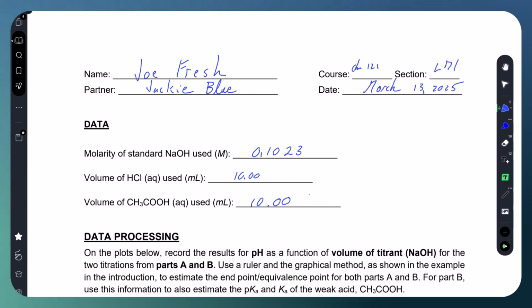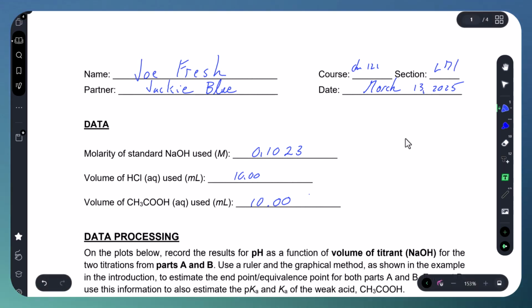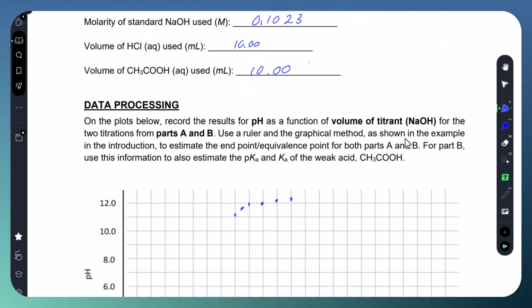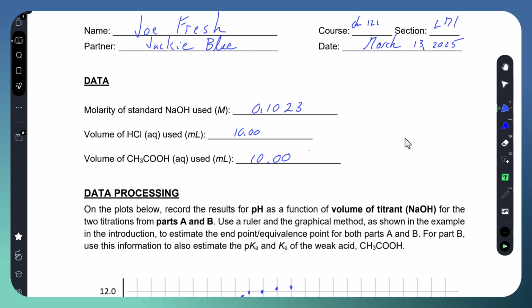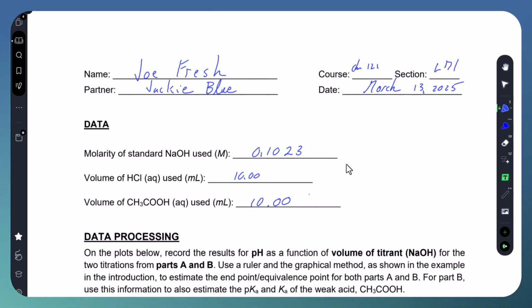Hello friends, in this video I'd like to talk you through how to determine or make an estimation of the experimental endpoint and therefore the corresponding theoretical equivalence point for two different titrations done by monitoring the pH versus volume of titrant. So I'll assume that you have already recorded your data, the concentration of your standard NaOH, the volumes